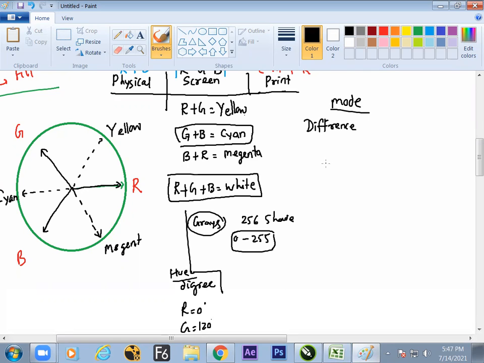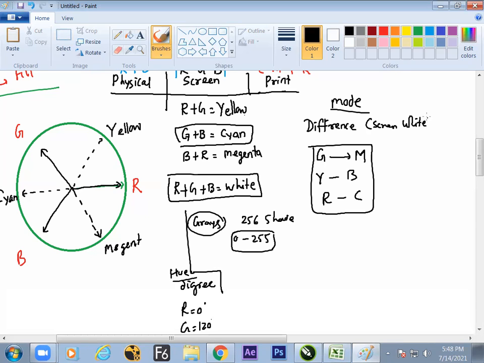and the reaction. If you're taking any object and you're interacting with the white color in difference mode, that will go to the complement color. Complement means the 180-degree difference color. So the voice is recorded, you can listen to it twice. Green's opposite is magenta, yellow's opposite is blue, and red will turn into cyan color. So this is what the difference mode will do. If the screen is white, then in difference mode, it will switch to the complement color.